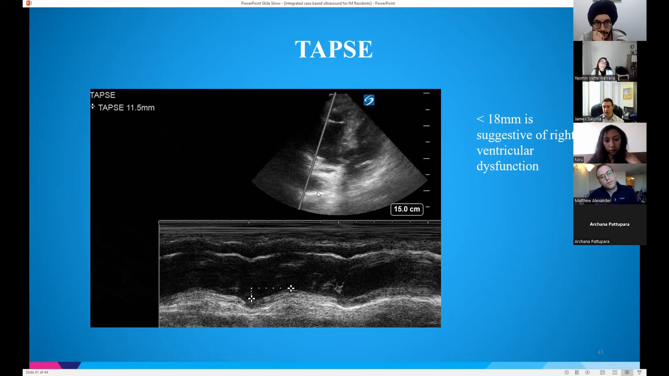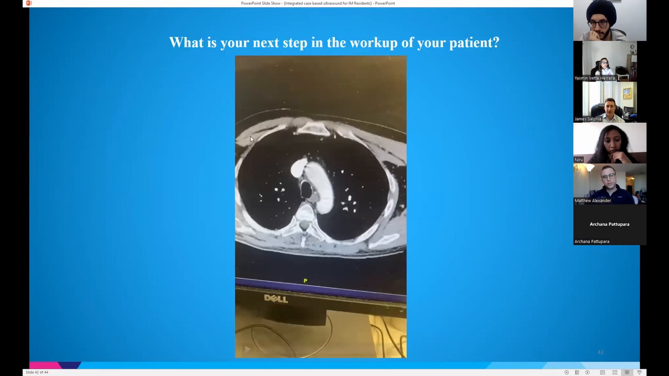Anything less than 13 centimeters per second shows decreased function of the RV. That's more complicated, but easy enough to do with POCUS in the right hands. So you can look at different ways of looking at depressed RV function, which clearly you see here. So your next step in the workup,